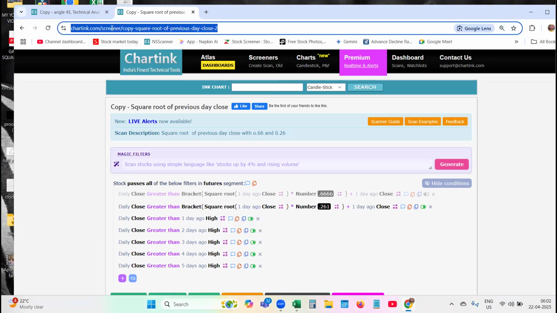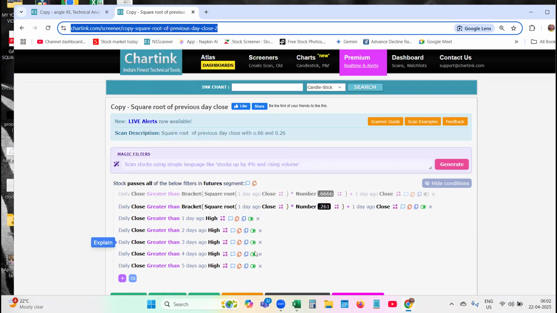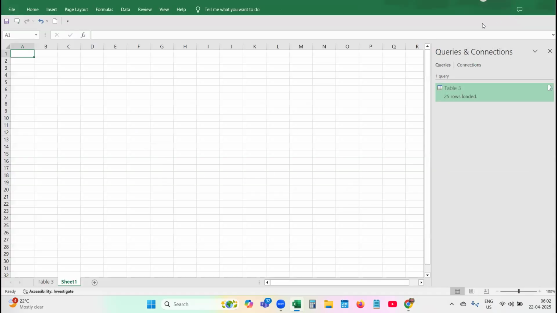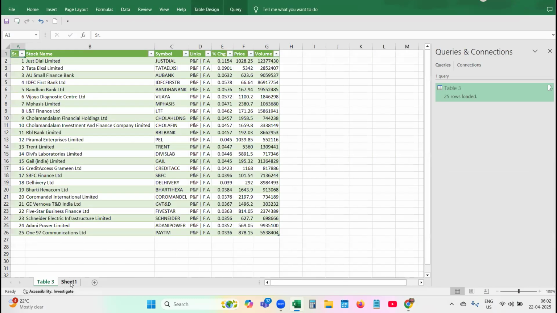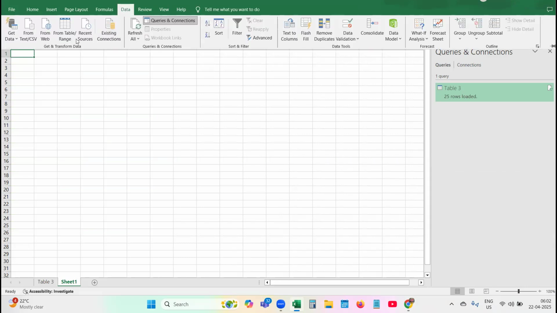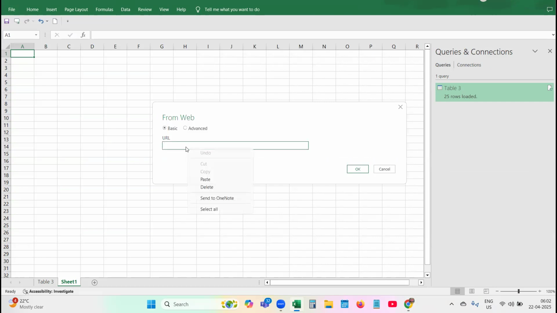Let me copy this URL. Copy. Let me come back to the same thing. Another sheet. Select the data from web. Paste the URL. Say OK.